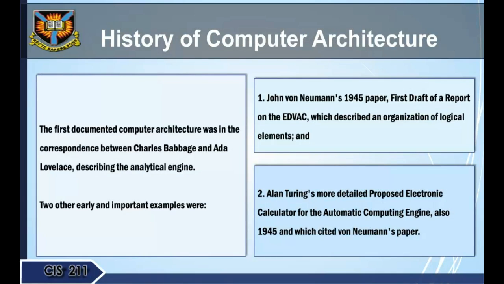History of computer architecture. The first documented computer architecture was in the correspondence between Charles Babbage and Ada Lovelace, describing the analytical engine. Two other early and important examples were: 1. John von Neumann's 1945 paper, First Draft of a Report on the EDVAC, which described an organization of logical elements, and 2. Alan Turing's more detailed proposed electronic calculator for the Automatic Computing Engine, also 1945, and which cited von